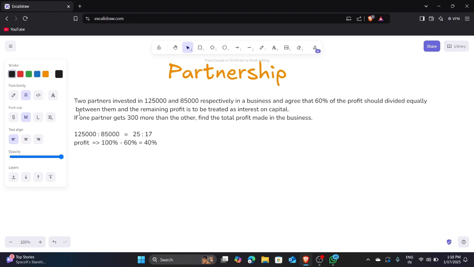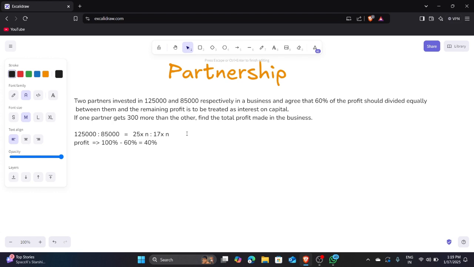What they are saying, one partner gets 300 more than the other. I already suggested that this ratio we get is the shares of the money we get. And this ratio, if we multiply both sides with some same number, then we can get the original number. But we don't know the original money that they gain from the business, so we multiply both sides with the same number. That number we don't know, so we consider that as n.